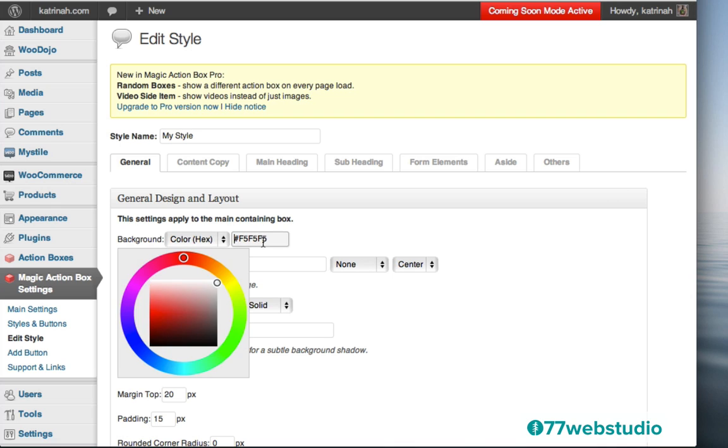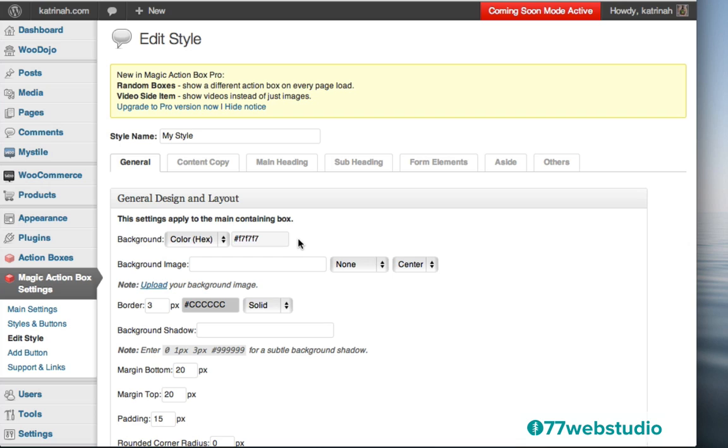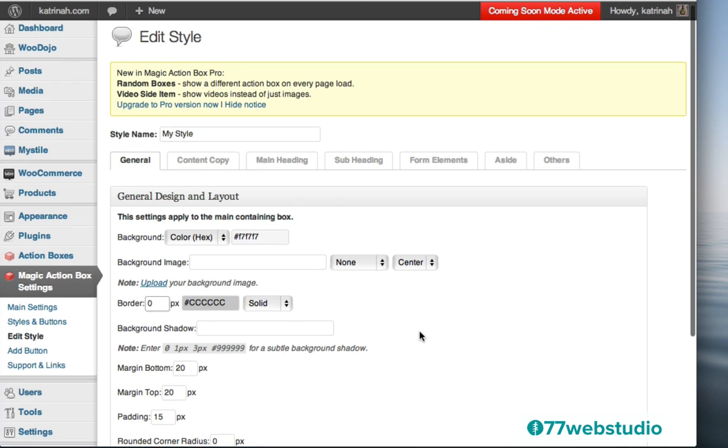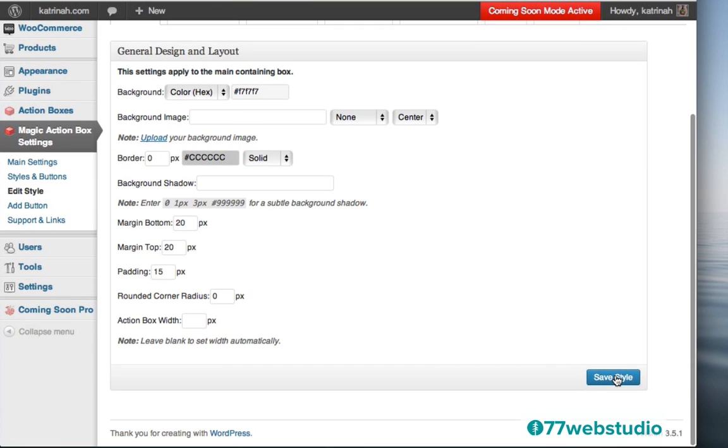So the code we actually need is F7, F7, F7. It's just a slightly different variation of the gray. And in order to remove that border around the box, I'm just going to make this border 0 pixels, and then I'll come to the bottom here and click on Save Style.